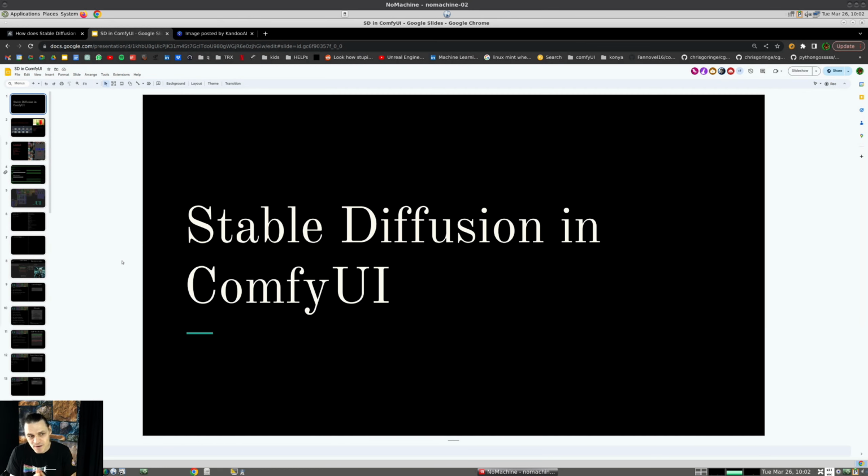After this workshop, I want people to have a basic understanding of how machine learning models work, and specifically how Stable Diffusion models are working. And then you will be able to implement your knowledge in any UI. I did choose ComfyUI, which is just an envelope, because you very clearly can see how the model